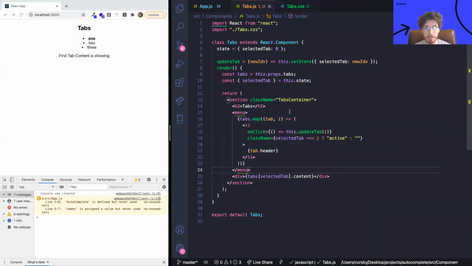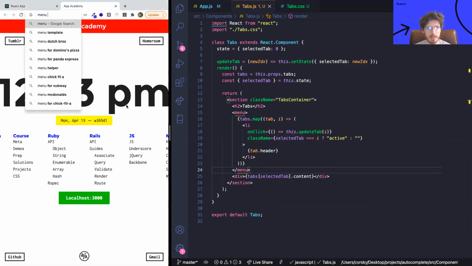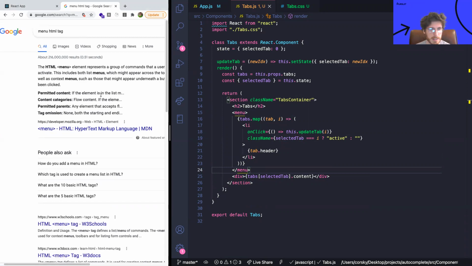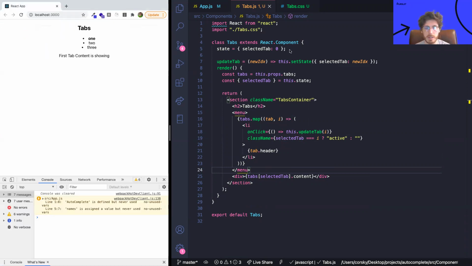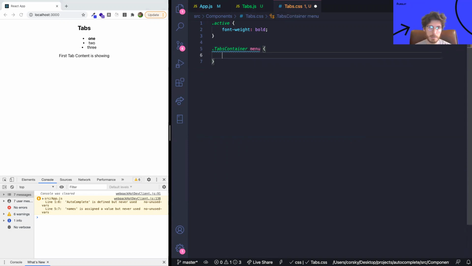That might not perfectly be the right thing. Well, we can take a look. Menu, CSS, HTML tag. See if that's a good one. So permitted content if the element is in a list in a menu. Yeah, it's okay. So we'll have a menu tag, and we have our tabs container. And let's go ahead and target the tabs container's menu. So I'll say .tabs-container, and inside of that the menu, which I'm going to say display